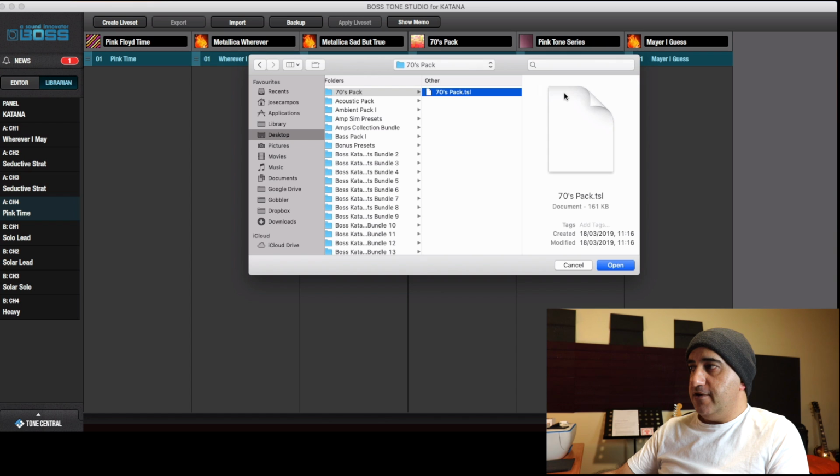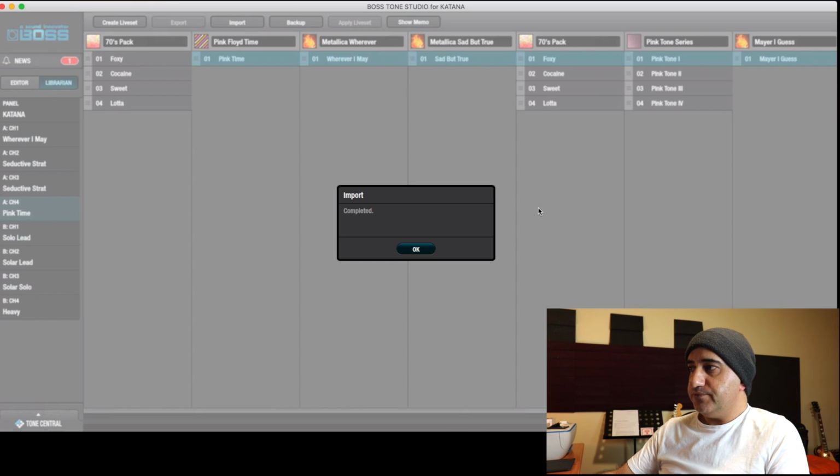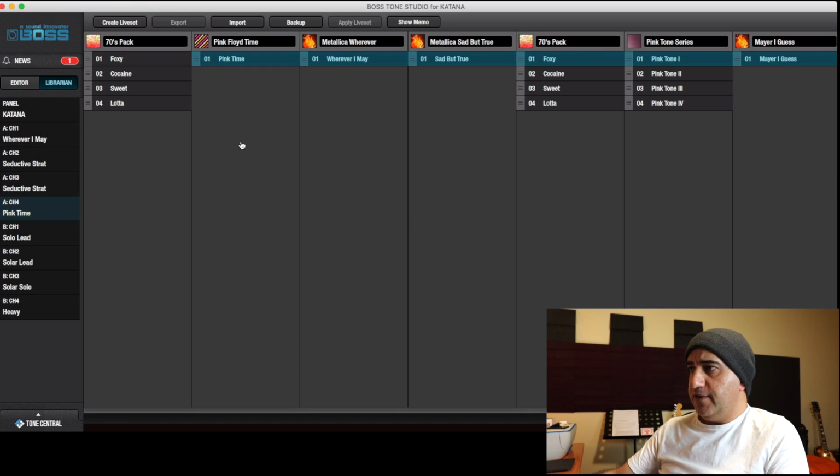So if I click here and click open, it says import complete. As you can see inside, you have Foxy, Cocaine, Sweet, and Laura. Okay, I think the names are pretty much self-explanatory, and that's it. Now you have all these tones. For example, if I click here on Foxy, from the tone Foxy Lady,